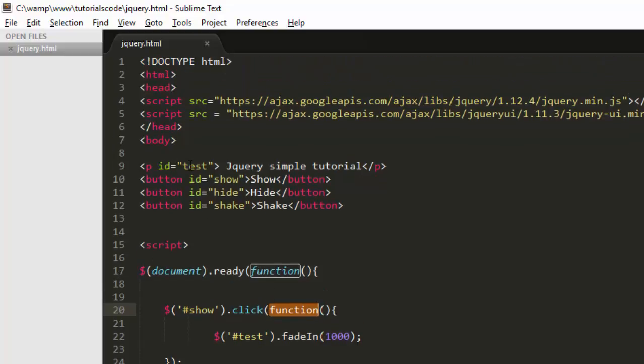So we have taken ID, and you can do lots of creative things with it. You can add animations to your website. So there are lots of possibilities in jQuery. You can try them out personally, and if you